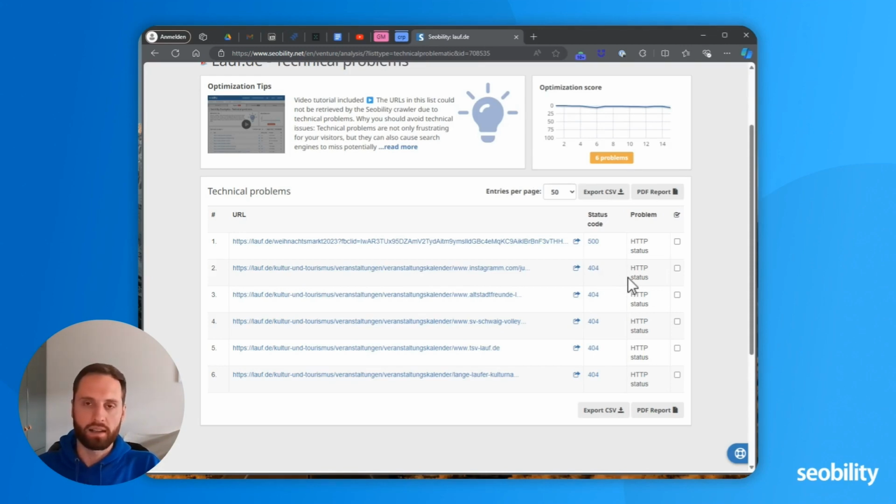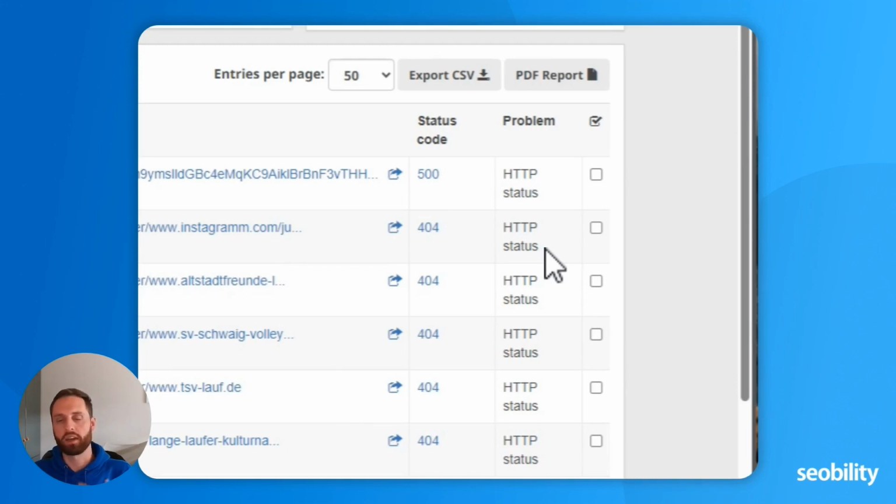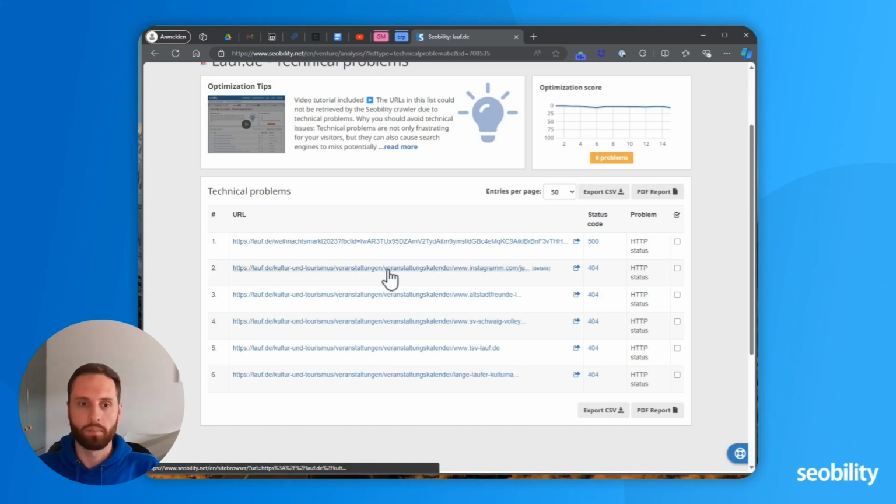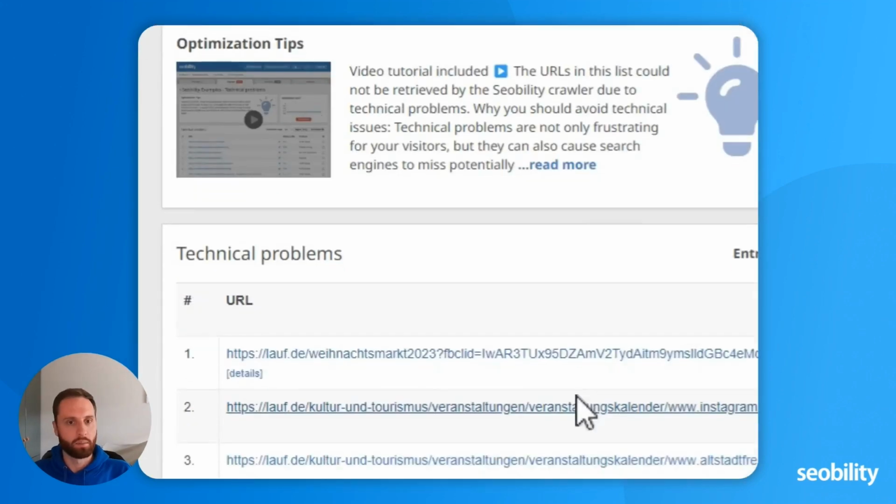Some of the analysis, and I will show you an example in a second. When more information is required to understand the issue at hand, sometimes you will find a details link, which requires you to dig deeper. Here, this URL has this HTTP status code, and to understand how this problem occurs, we would click the link.